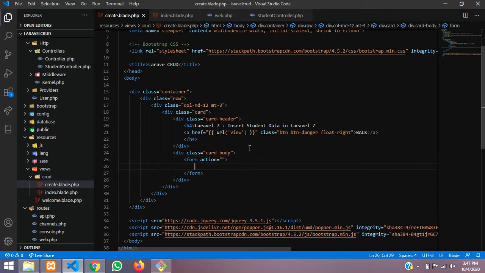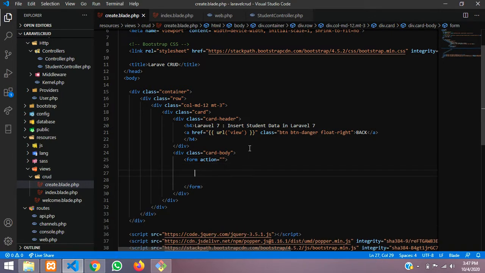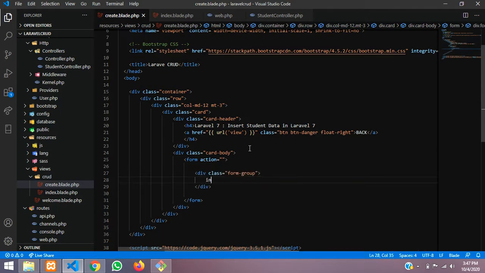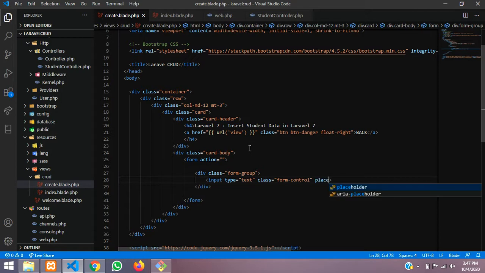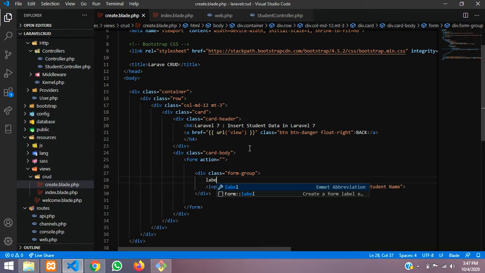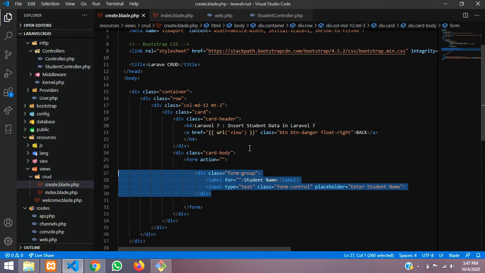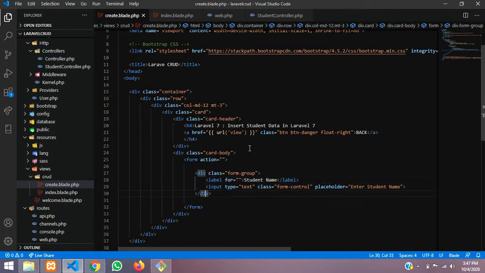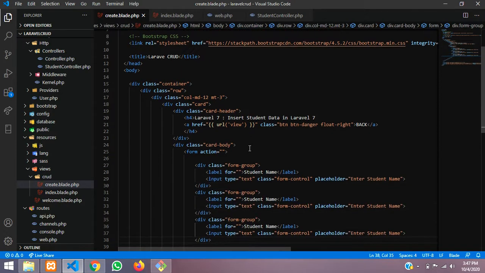So form will be, and then a simple form-group and input with form-control, placeholder, enter student name, and label will be student name. Okay, the same thing, you have to copy this and start pasting for it.